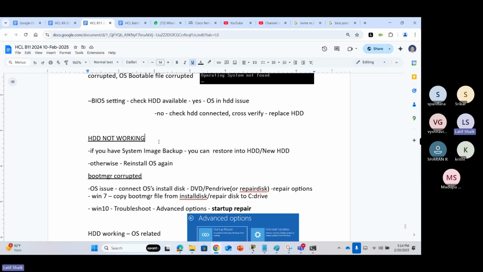If not working, you have to replace it with a new hard disk. If you have a system image backup,